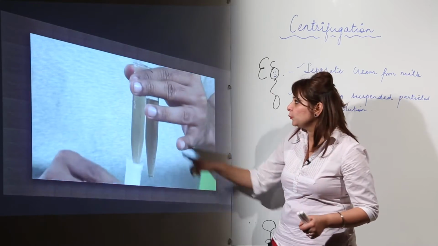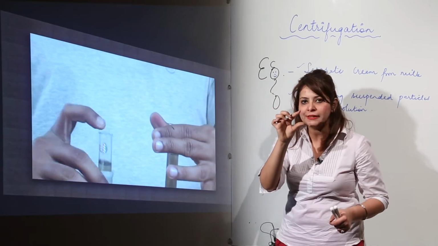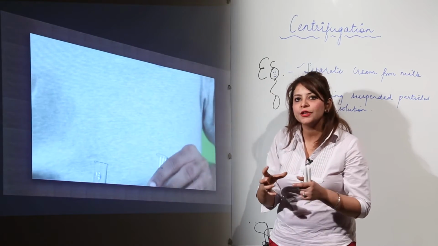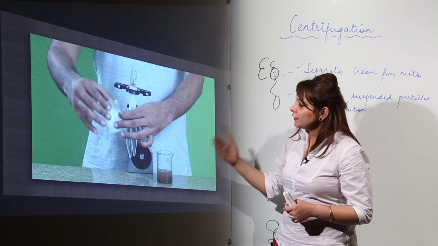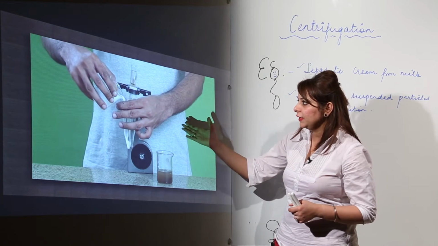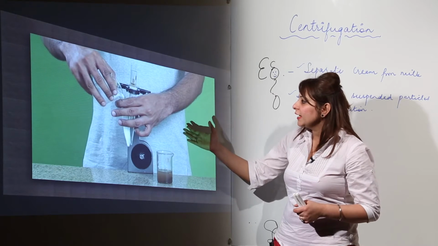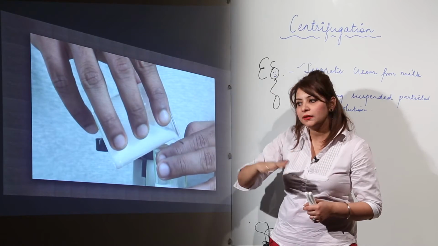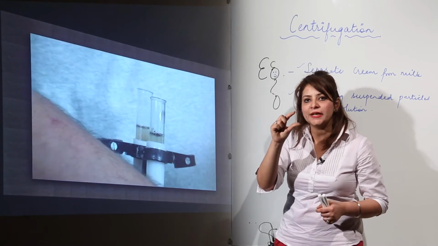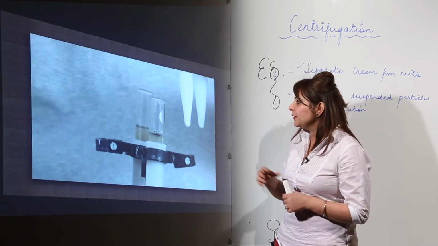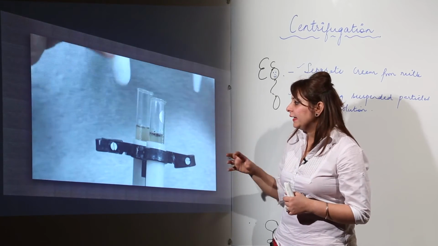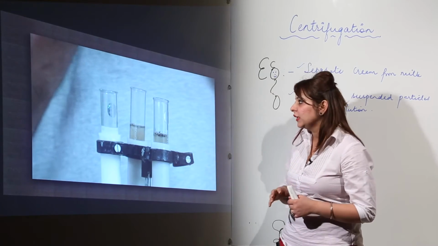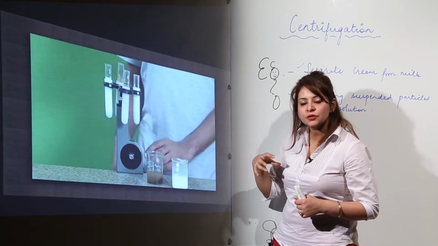Do not fill the test tube to the top, just leave a little space, right, and then we keep it in the plastic tubes which are already provided with the machine. And in the other test tubes we are pouring the calcium hydroxide mixture. In the same way, do not fill to the top, leave some space, otherwise it will spill, right. Put it in plastic tubes again, and then put it in the holes provided in the centrifugation machine to keep those test tubes. Then we will centrifuge it.